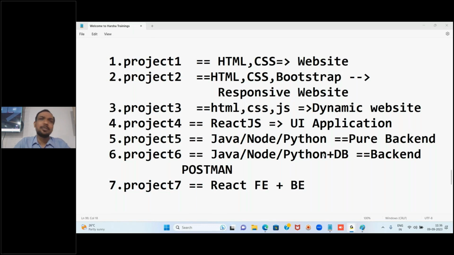Some of my online students, maybe that kind of category people also will be there, where they want to learn only front end. Up to React they can learn. Clear? So these are the things we will be discussing in the class, and this is how our course would be.